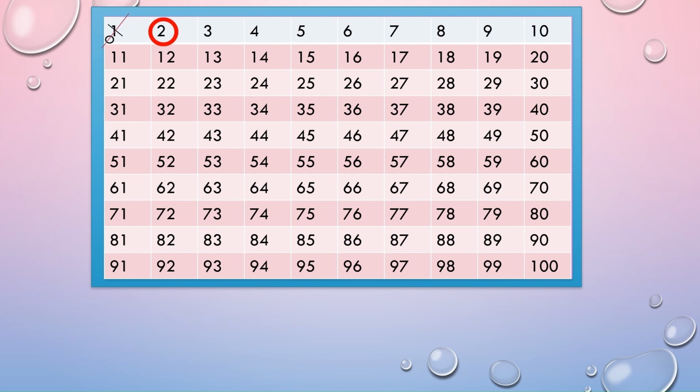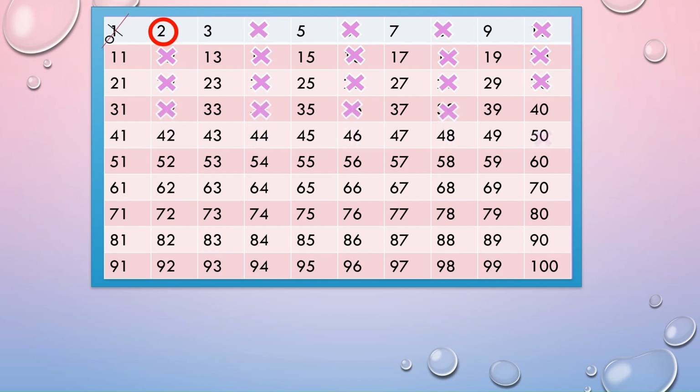These are the even numbers. So let's do that. 4, 6, 8, 10, 12, 14, 16, 18, 20, 22, 24, 26, 28, 30, 32, 34,